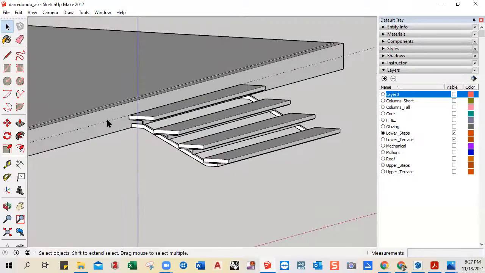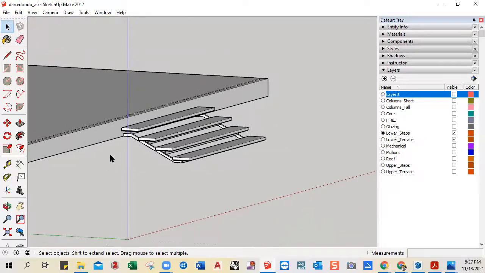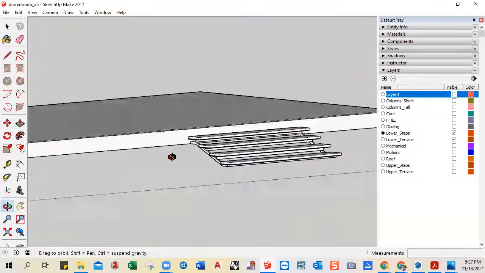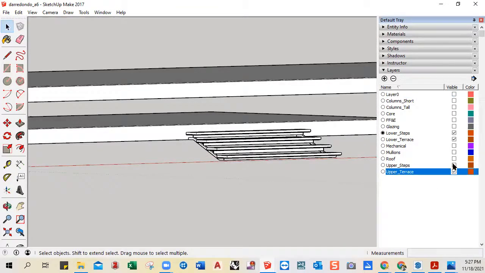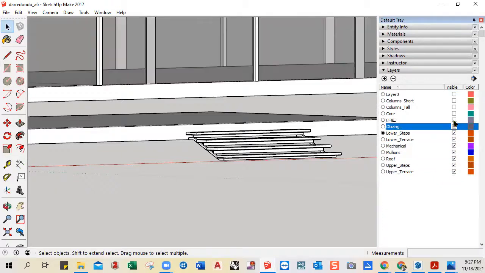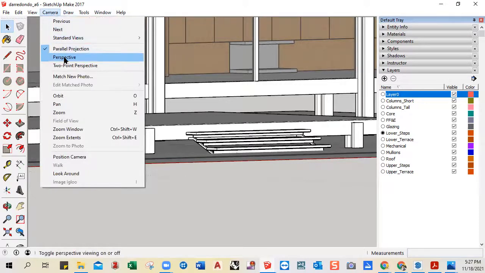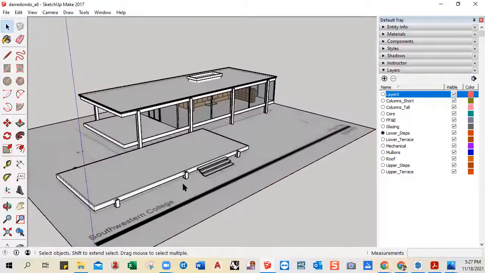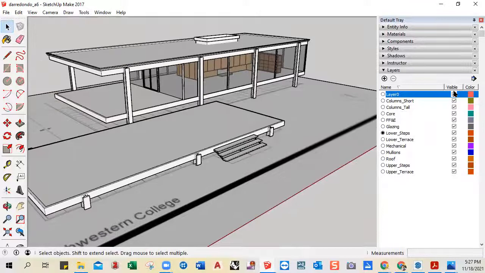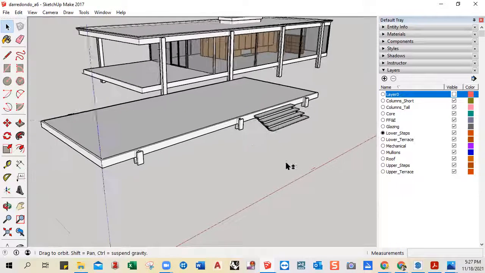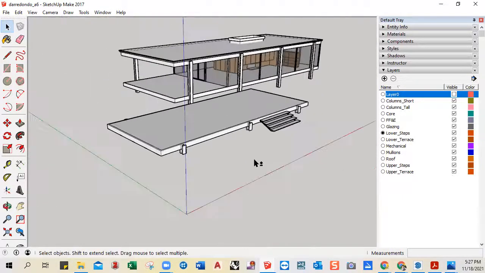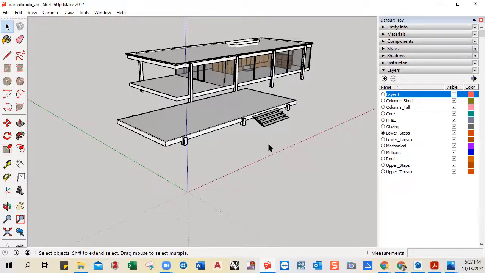All right, we have this guide here. I'm going to delete that. Let me turn everything on, see where we're at, and go into perspective view. I'm going to go ahead and turn off that floor plan layer. There we are. So once we're done modeling, we'll just elevate everything up the few inches that we saw there where it goes below the